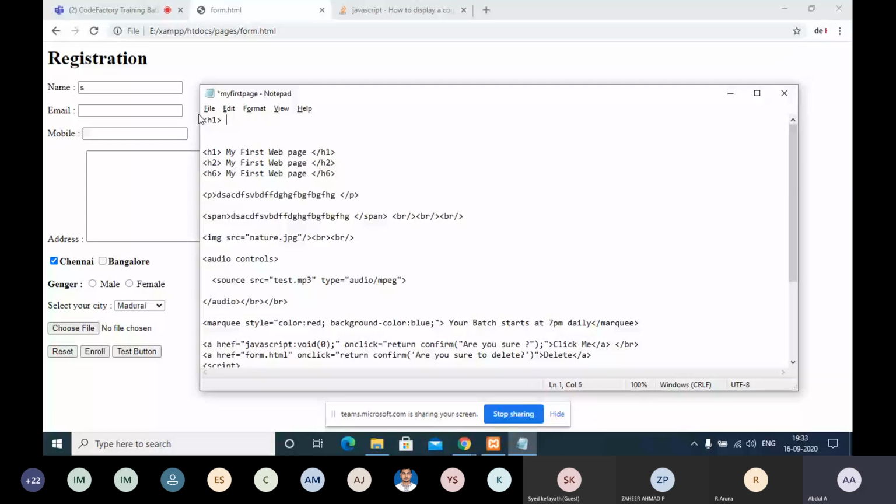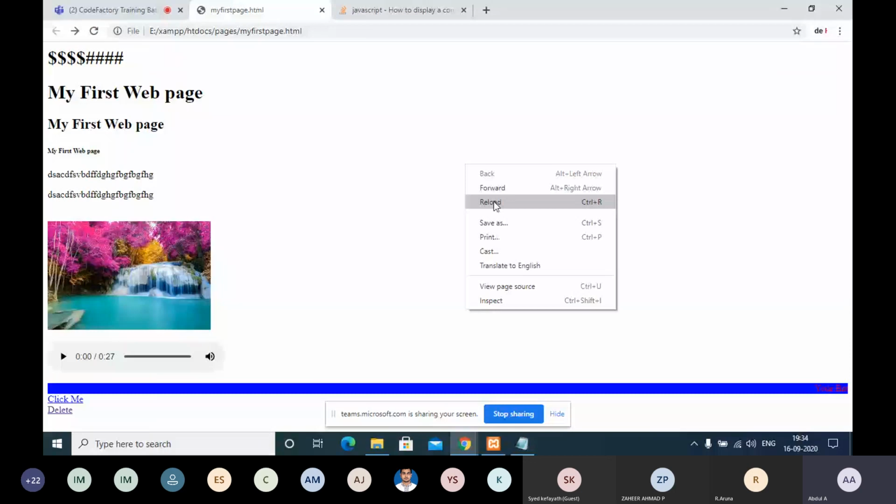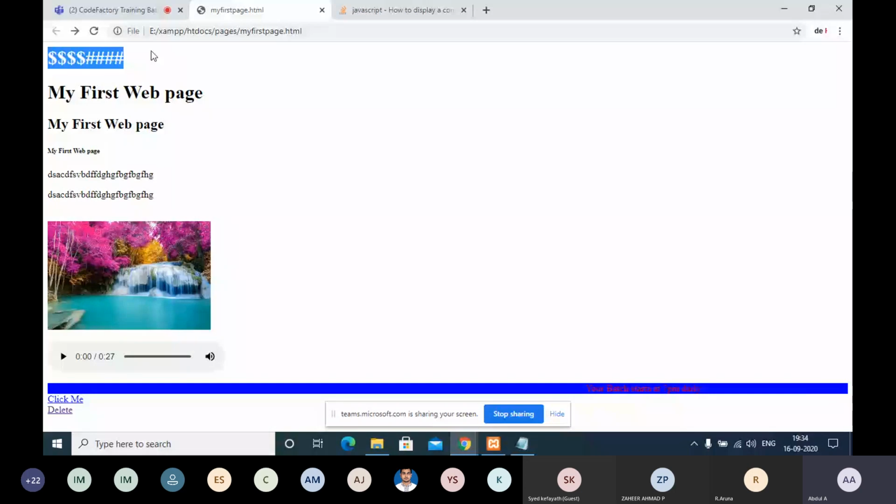I'm just putting some dollar, some hash, something in the h1, and it will display whatever I'm writing. That is the HTML feature. But on the keyboard, a lot of special characters are not there, am I right?